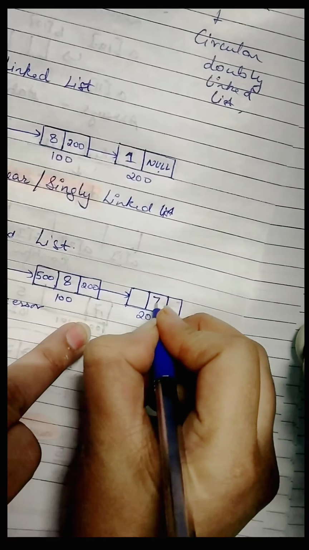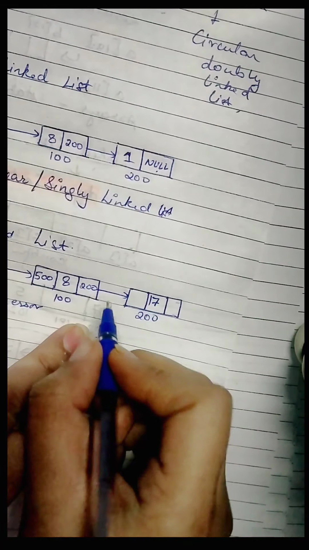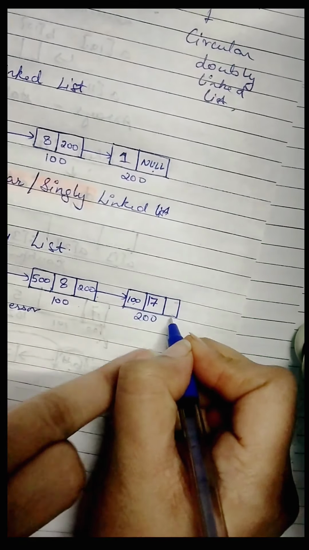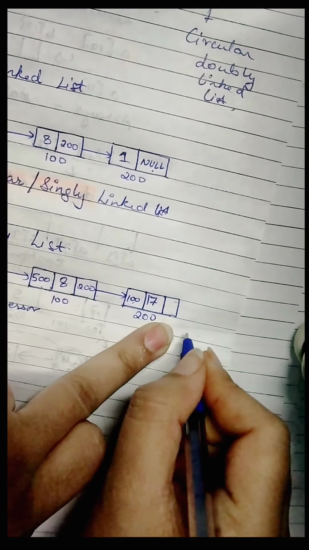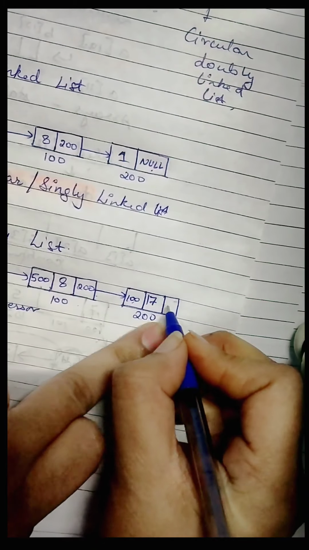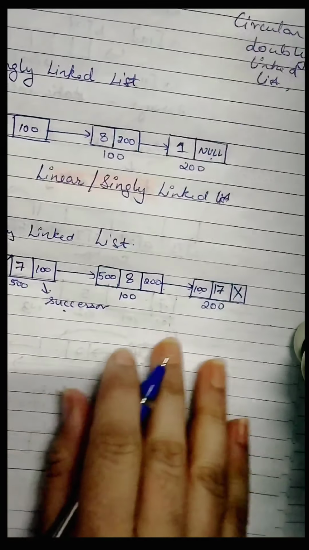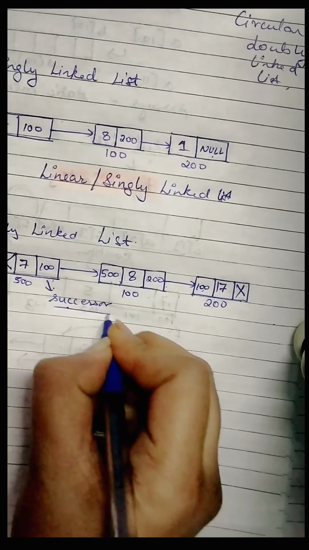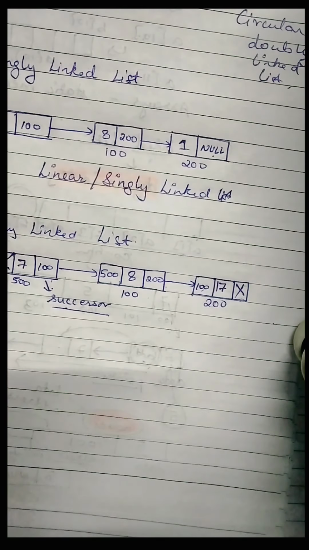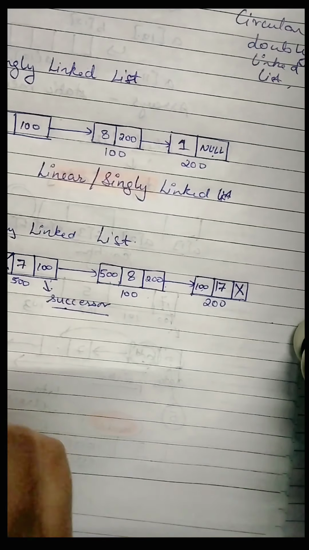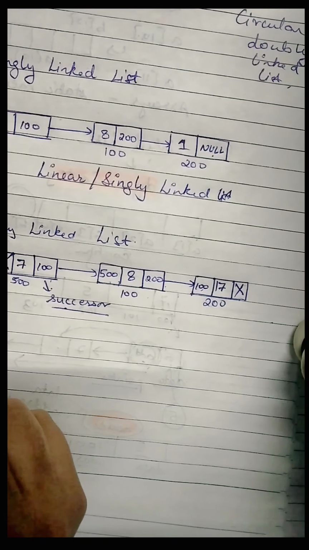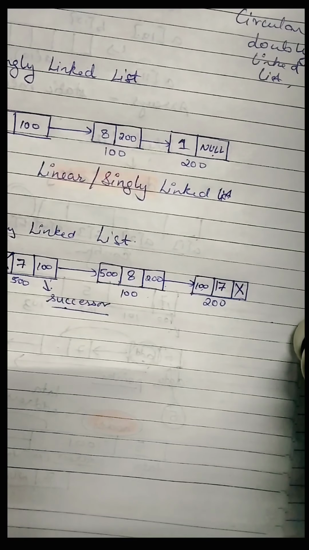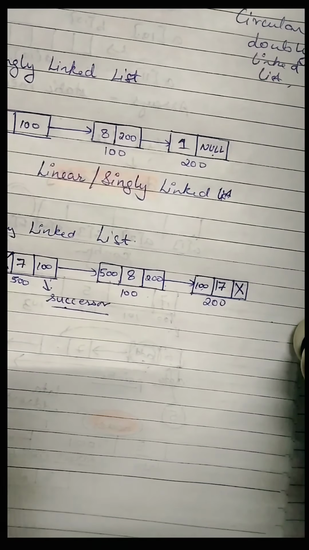Coming to the next node, if this is the data, this will contain the address of the previous node, that is 100, and this will contain the address of the next node. But as you see, there is nothing after that, so this will again be null. So this is a doubly linked list where you have two pointers, predecessor and successor. All the nodes are linked together by multiple links, where both help in accessing the successor node or the predecessor node, or for easier terms, the next node and the previous node.